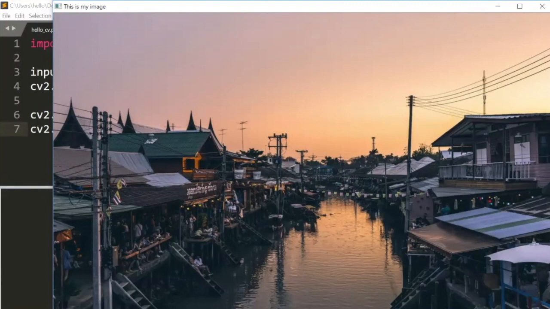Let's try to read this image. Instead of reading the color image, what we're going to do is read it in black and white. And then we also try to save it to our computer. Sorry, my bad, not a black and white image, but we are going to convert it to a grayscale image and then save it to the computer. A black and white image will have only 2 values, 0 and 1 for every pixel. It's either 0 or 1, but a grayscale image will have values from 0 to 255 for every pixel. That's how they are different.